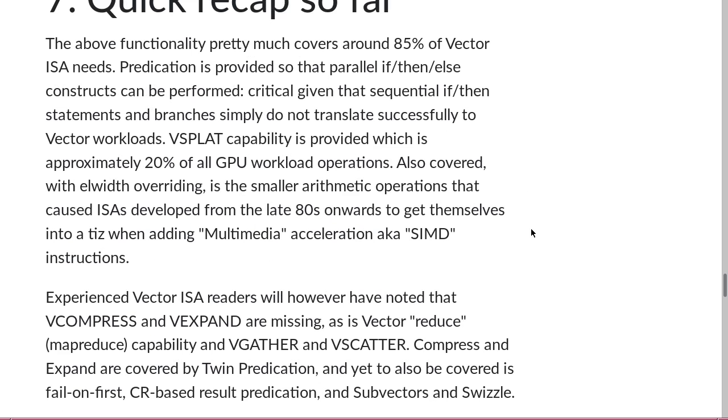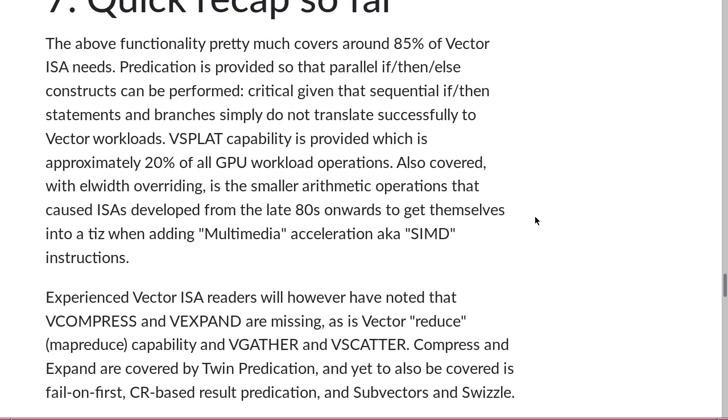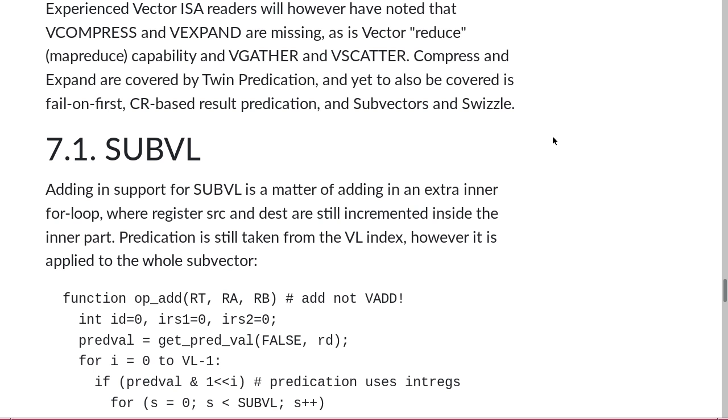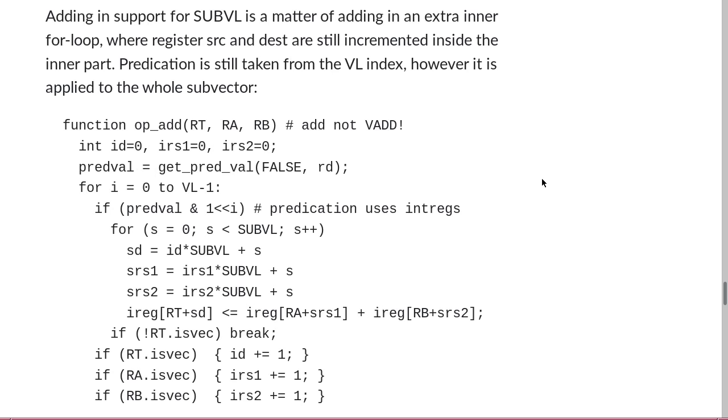Okay, so just a quick recap. We've added, with adding no actual vector instructions at all, vsplat, vinsert, vreduce, 8-bit, 16, 32 operations. We've added predication. If you're familiar with vector instruction sets, you'll notice that vcompress and expand are missing, as is map reduce capability, and vgather and scatter. So before we get onto that, we added in Subvl, subvector lengths, where the key feature